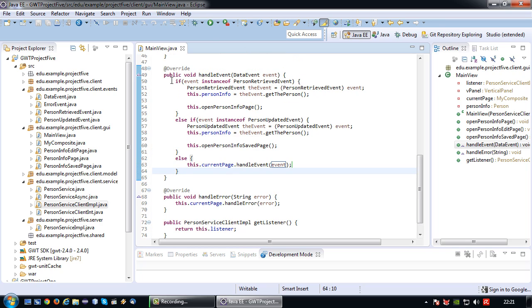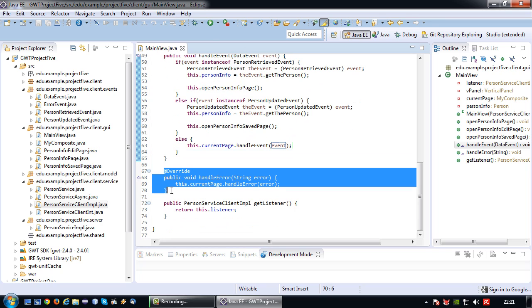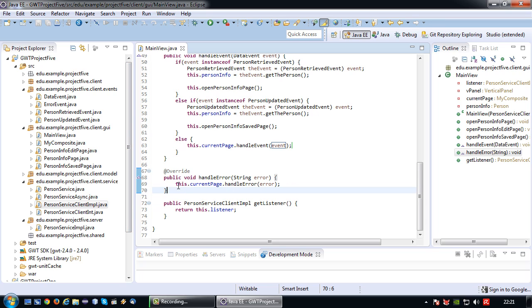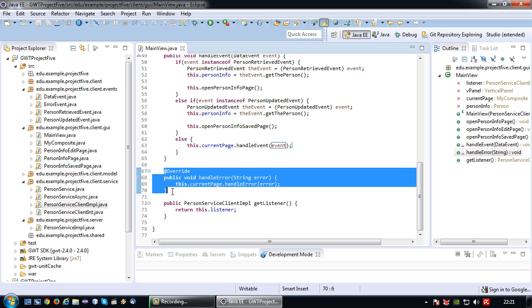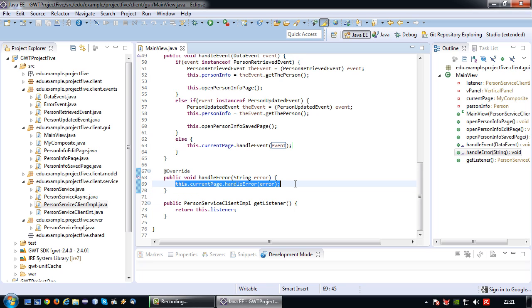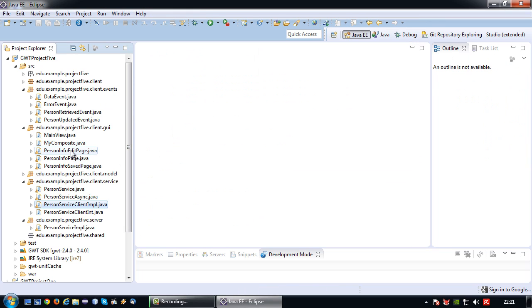So basically whatever error message is given from the client implementation default callback, I'm just throwing it over the fence to whatever page is open, and then it's really up to that page to decide what needs to be done. Okay, so now let's open up the